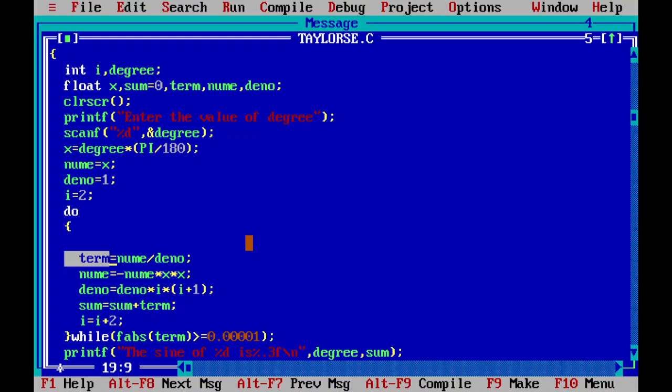The next value has to be incremented by 2, and between the values the sign changes between minus and plus. So I am giving minus numerator into x into x. So it increments by multiplying by x squared. After that, the denominator also has to be incremented. If 1 factorial is there, the next value will be 3 factorial, and next to that 5 factorial. So what we are doing, numerator was 1 into i is 2,